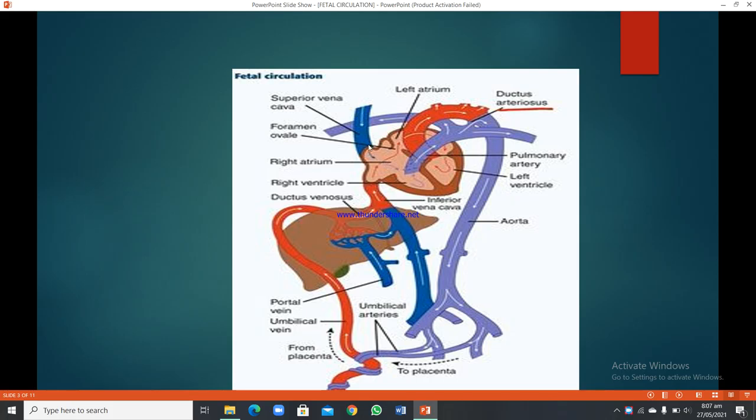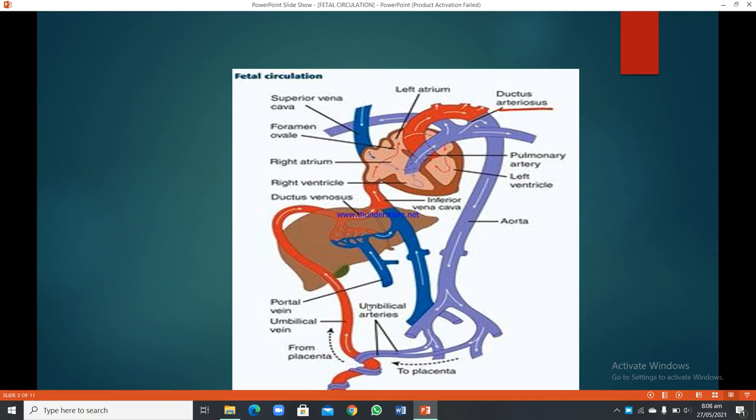Here is the superior vena cava. From the right atrium, foramen ovale, and then into the left atrium, and then you can see the left ventricle, and then here is the right ventricle. And in this diagram you can see the blood is carried down and then in the aorta going back to the